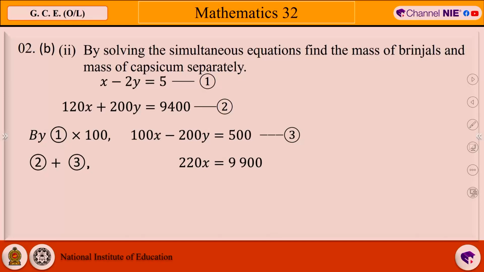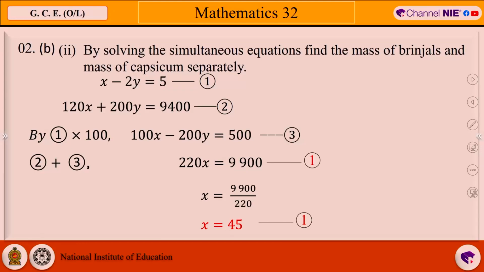And once we add the second equation and third equation, we get 220x equals 9,900, when the value of x will be 45. Okay. Then here to get the equation 220x equals 9,900, you can score 1 mark, and for the answer